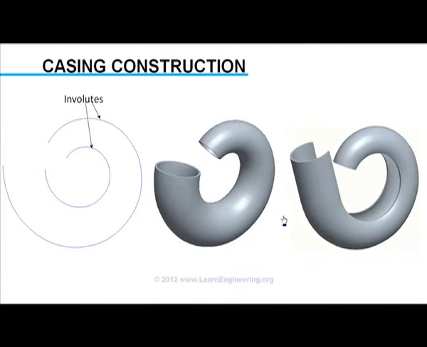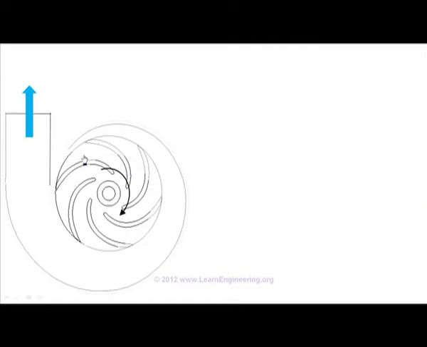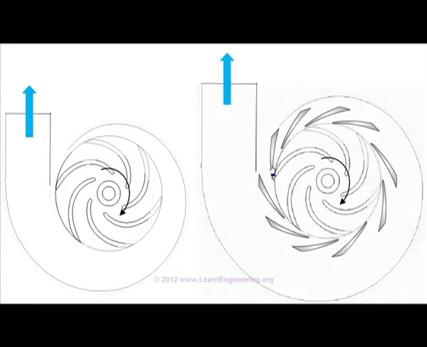For centrifugal pumps of small capacity, as we discussed, the impeller and casing are the main components. But for larger centrifugal pumps, there will be additional diffuser blades also present, in order to reduce velocity further, or they aid in dynamic to static energy conversion.